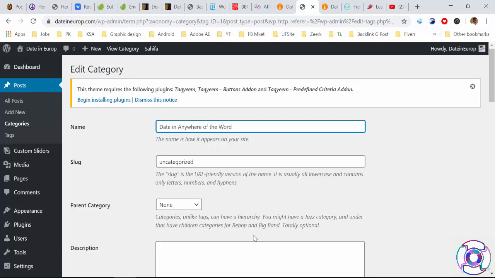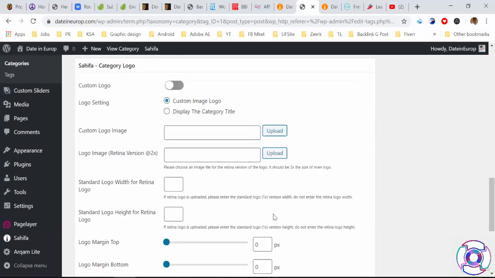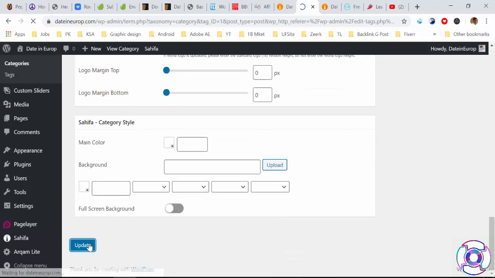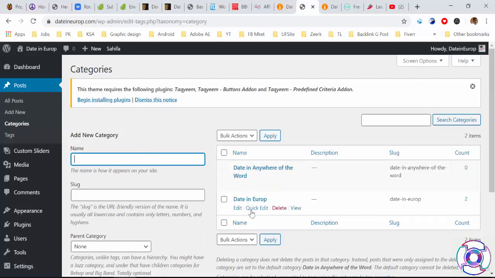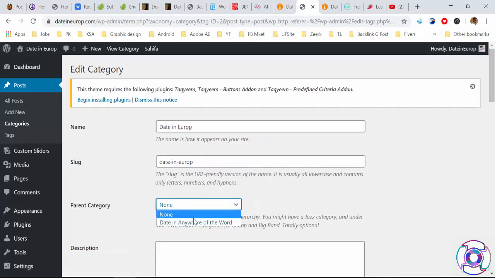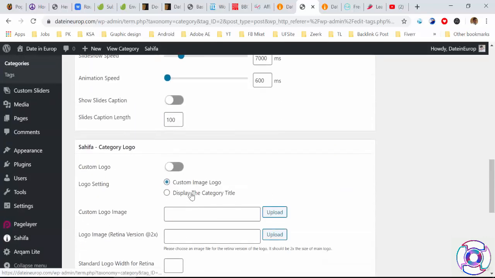Okay, so I click on save update, and if you come to the category option, you guys can see our category is updated. If you want to add a parent category, and description, and we have Shifa category layout. Same as for the post menu setting, you can make the changes and setup here.